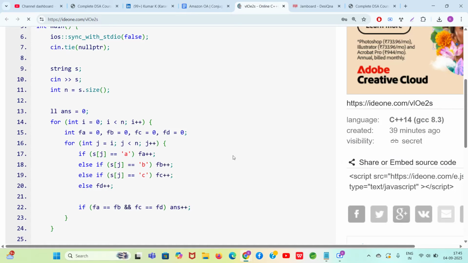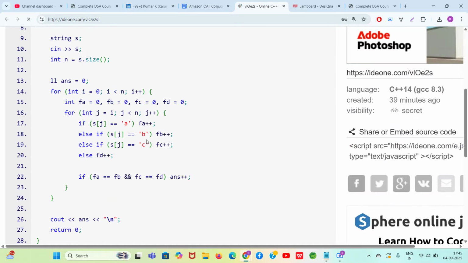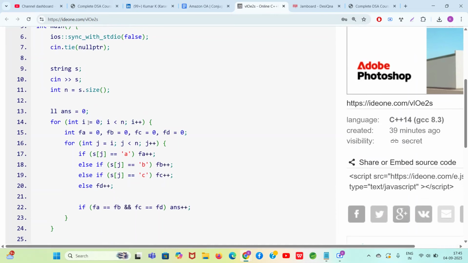So yeah, to make this video quickly, this code is written by AI, but don't worry, it's simple to understand. Like i is going from 0 and we are iterating all the substrings i to j. Now if this is a, I will do fa++ or fb++ or fc++ or fd++. Now guys, when you are inside these two nested for loops, O of n here, O of n here, n square, if the frequency of a is equal to frequency of b,